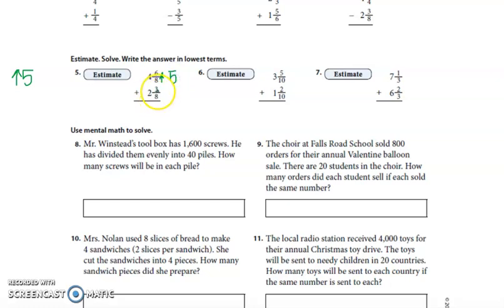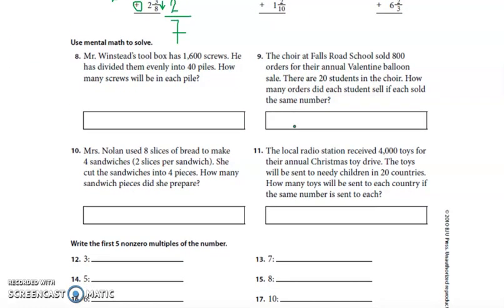And this one is lower than half, which means it's less than half. So I'm going to just round it down and make it 2. And I just need to add these 2 numbers, which is 7. This is going to be your estimate. So if you want to do estimate, you may do estimate. If you don't want to, then you can just go ahead and do the calculation. So let's move down to